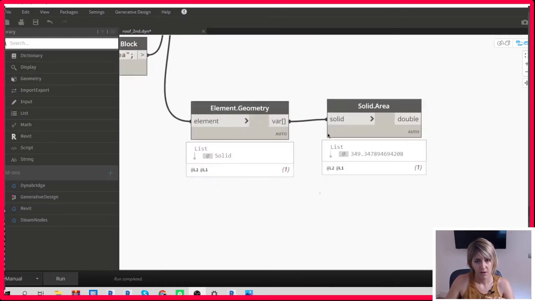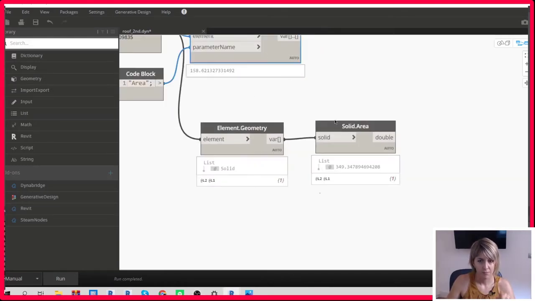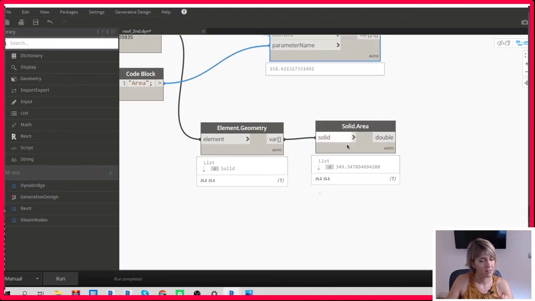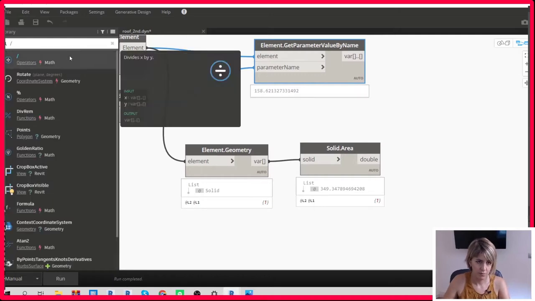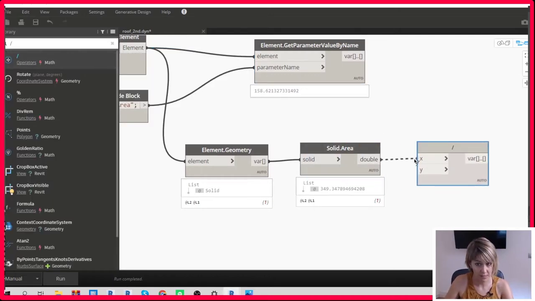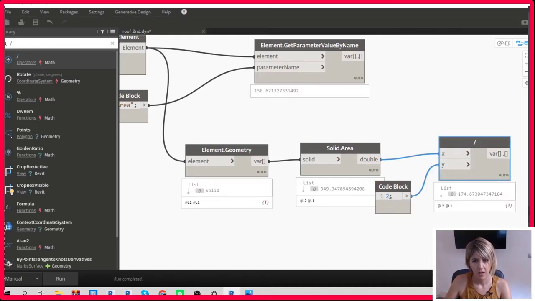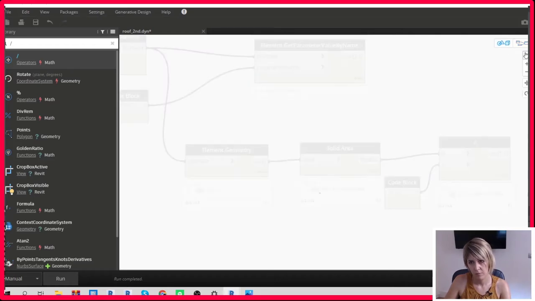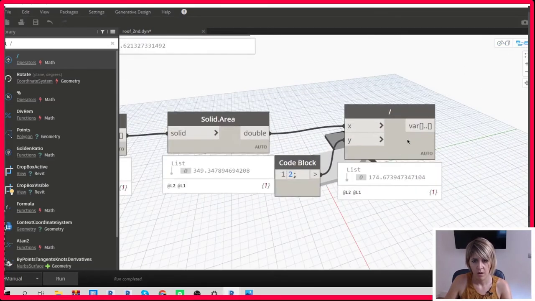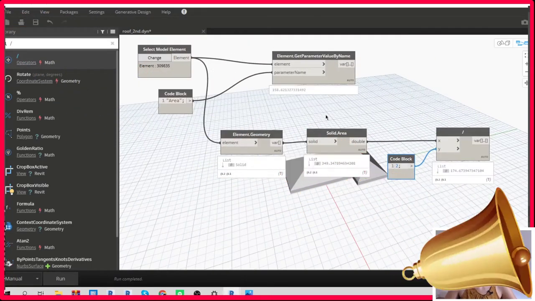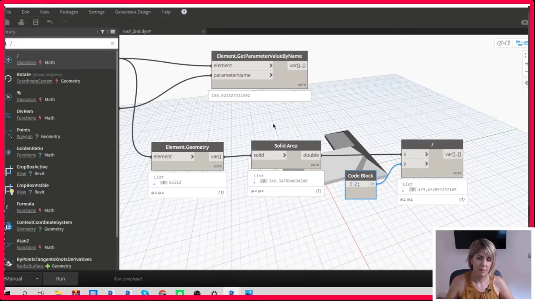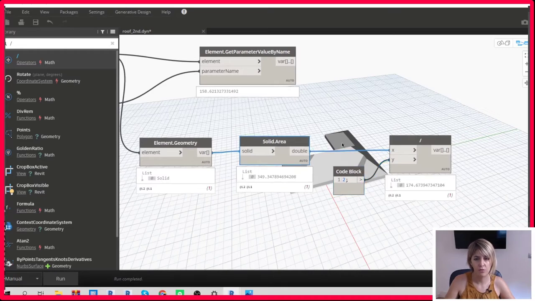This is obviously now in square meters as well as this, but as you can see, this is way higher than this one. Let's divide it by 2 and see whether I can offer you a valid explanation for this. And press run. If we divide it by 2, we have 174, which is quite similar to this one. Now, why may this be happening? It could be that even though this solid area corresponds to the truth,